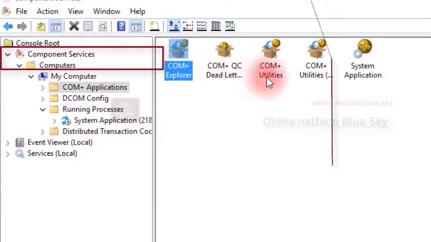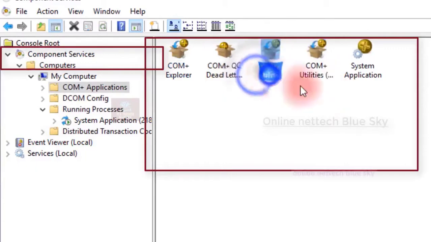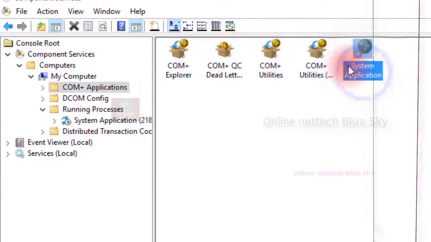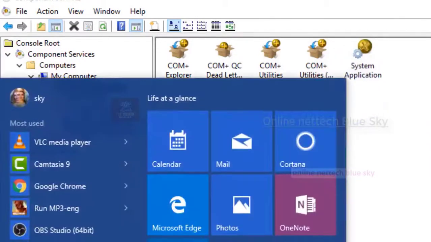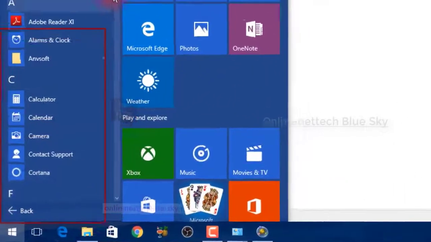Without these types of services you cannot start your computer, your systems, or your software. So all the important main operating system and hardware services of different types are available in Component Services, and you can change them here.